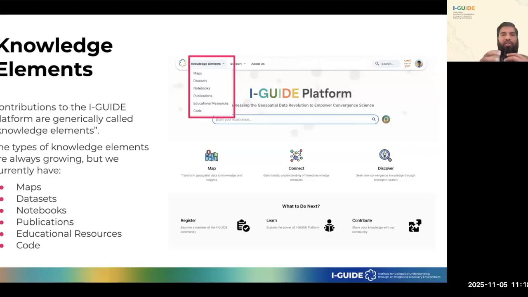All of these things are linked together in the iGuide platform. For new users and educators, this linkage and networking provides the connect aspect of the iGuide platform,